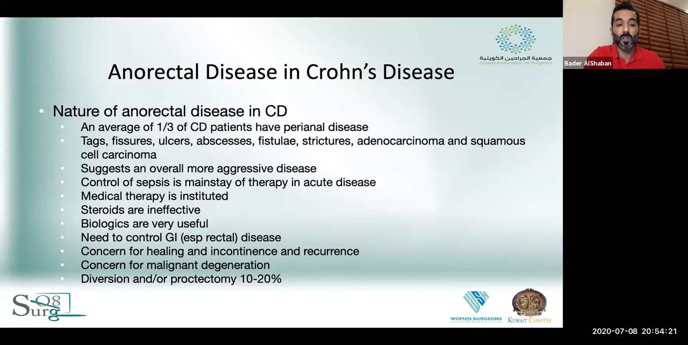It is important to note that controlling the GI activity, especially in the rectum, is very important in order to achieve good success with the perianal disease. Because as long as the rectum is inflamed or is showing severe activity, then there will always be concern for healing, incontinence, and recurrence of that disease, and even concern for malignant degeneration should the problem persist and not show any response. Finally, diversion and/or proctectomy, even though it says 10 or 20%,